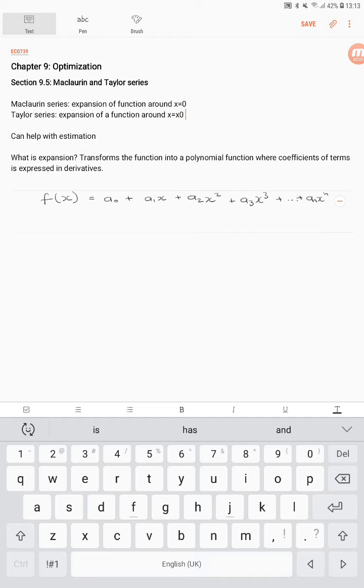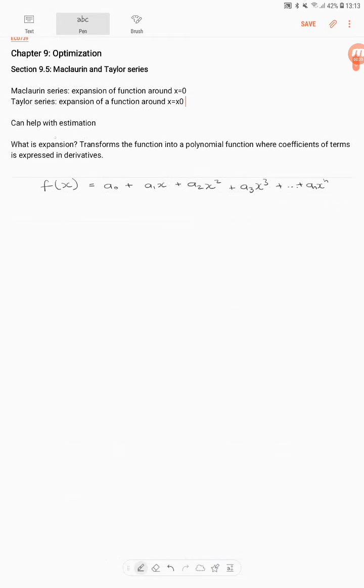Why do we need this? This can help with easy estimation of functions' values. And what does this expansion mean? The expansion means you transform the function into a polynomial function where the coefficients of the terms are expressed as derivatives. So let's say we have the function f of x equal to a0 plus a1x plus a2x squared plus